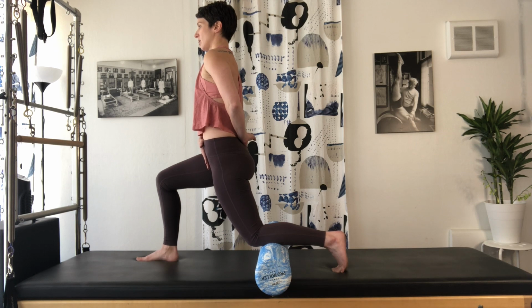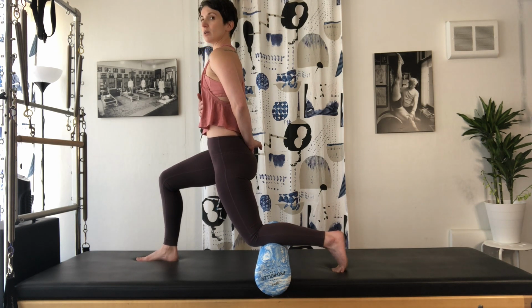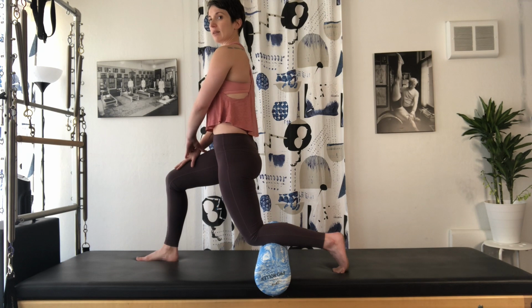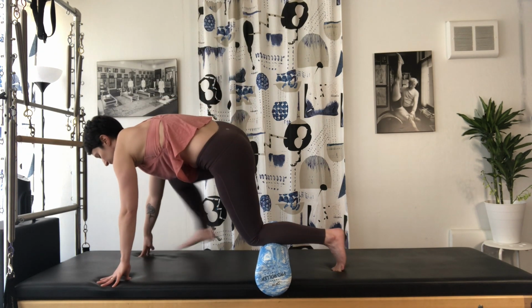Feeling my pelvis stay neutral, tailbone dropping, pubic bone up, and then really paying attention to if my ribs want to start to displace forward. So I'm trying to keep my plumb line, my alignment best I can. Hands down, second side,